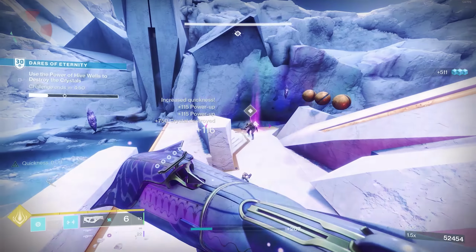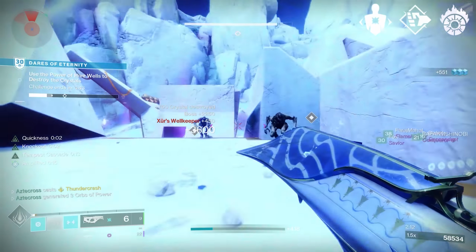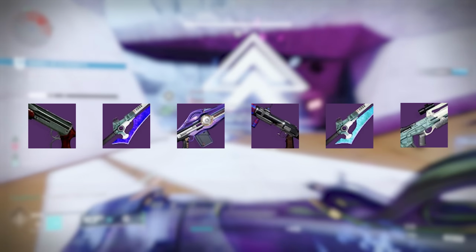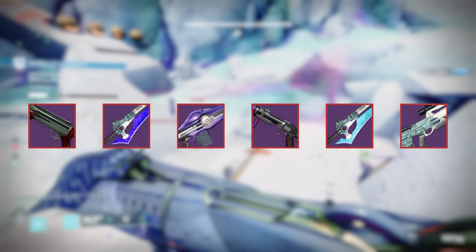We've got a new selection of perks like Pugilist, Gutshot Straight, and even Incandescent present on these Dares of Eternity weapons. We're going to touch more on these in our individual weapon reviews, and yes, we will be reviewing all of these, but for the time being, I want to go over a guide on how to farm these rolls,